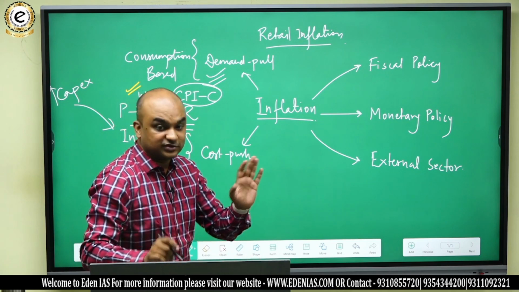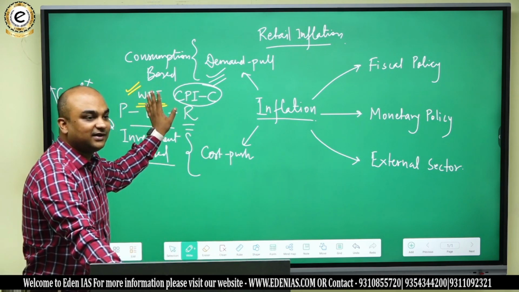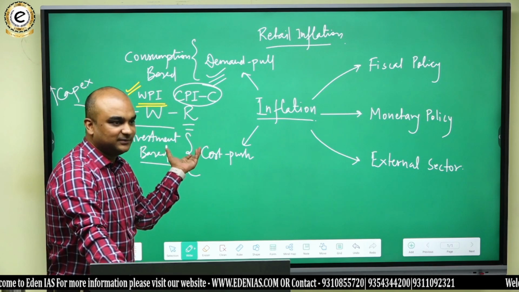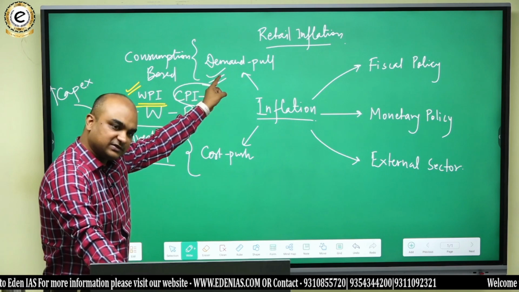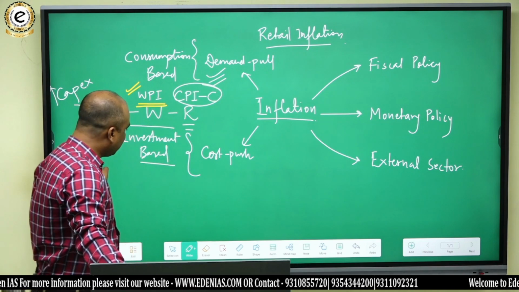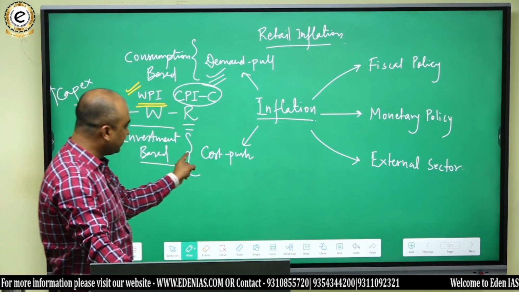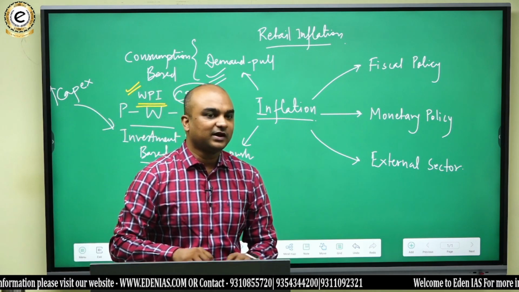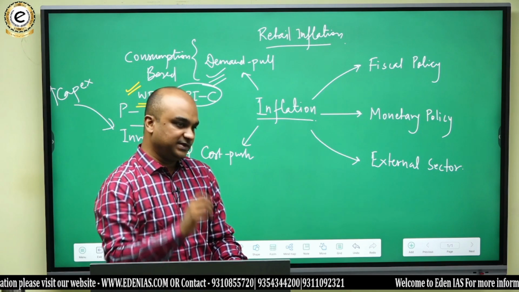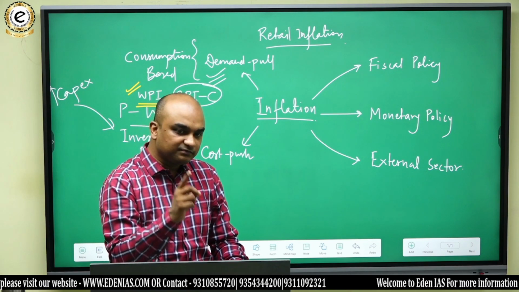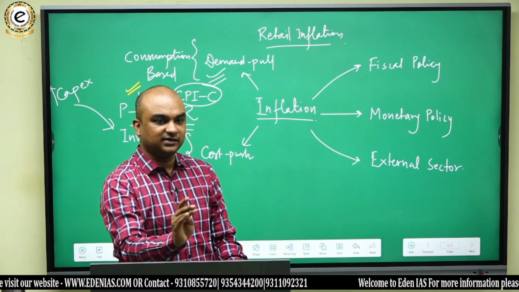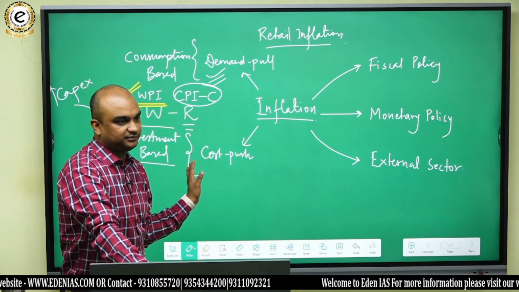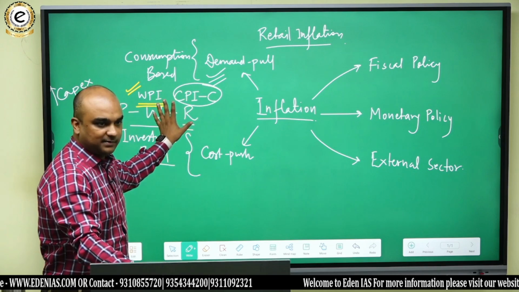Got it? So generally speaking, though you understand that we cannot make such close-ended assumptions that a consumption-based economy will always face demand pull inflation, and an investment based economy will always face cost push inflation. Now, we cannot make such generalization. What I'm saying is that generally that has been the case. But you know, there could be something called counter cyclical monetary policy, and that can change the entire scenario. Got it? So I hope you are aware about this, right?